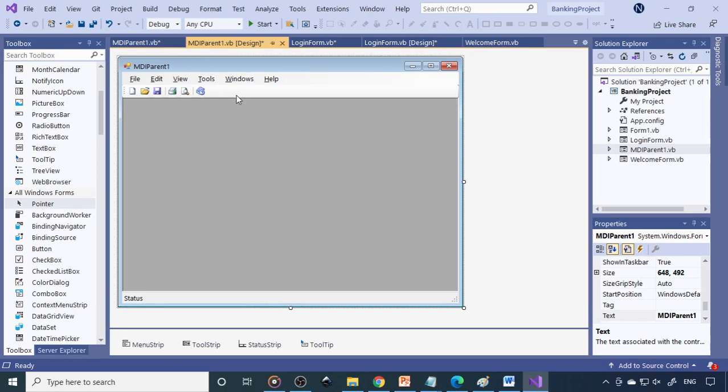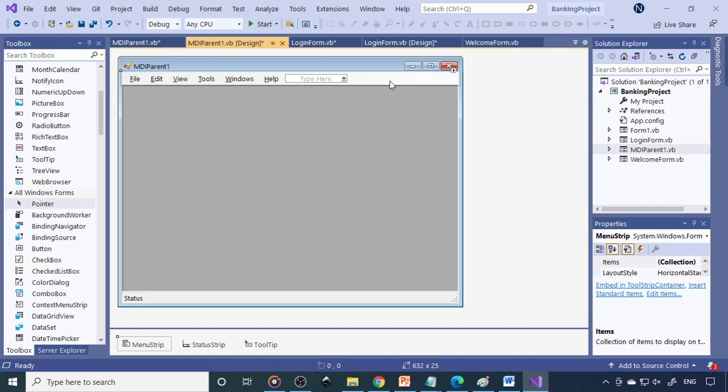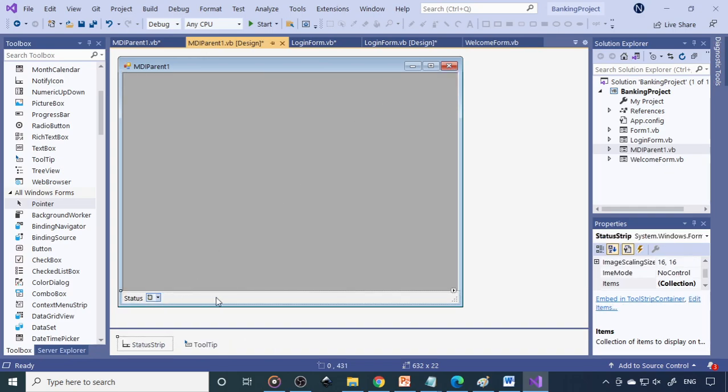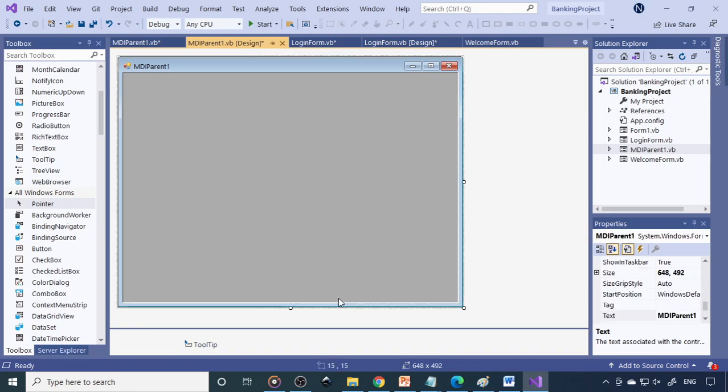So what we can do is just click here and delete it, and then click this menu strip and delete. And here is the status bar. Okay, let the status bar be there, no problem. Tooltip, if you are using, we'll teach you some other time how to use the tooltip. And this is a status strip. If we don't want, we can delete this. So okay, delete it at this moment. In case we want, we can use that. So this also I'm going to delete. Now we have only the pure MDI parent.